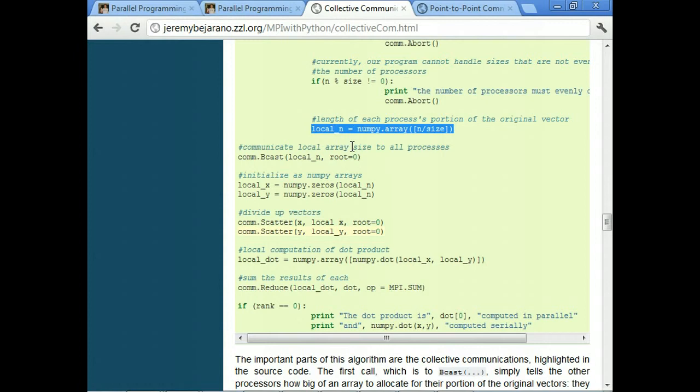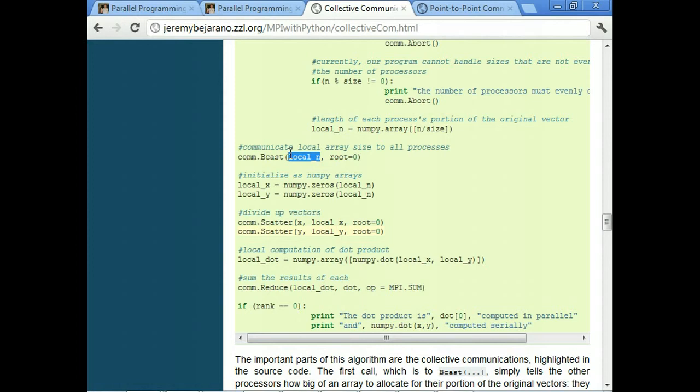So normally when you're using these functions and you put in an object, you'd have to specify this is an integer or this is a float. But when you use NumPy objects, it can figure it out on its own. And that's just something that's specific to mpi4py and NumPy objects.